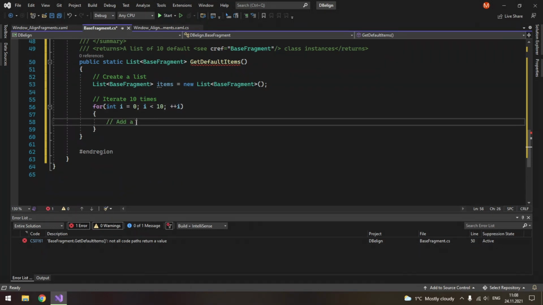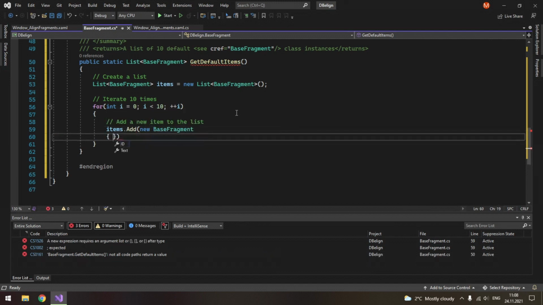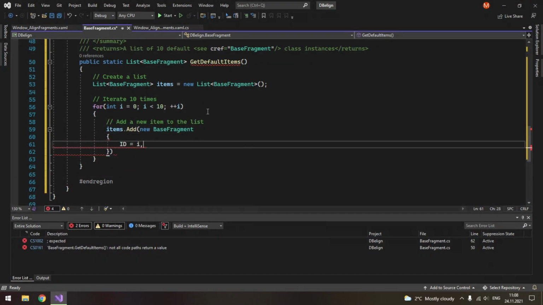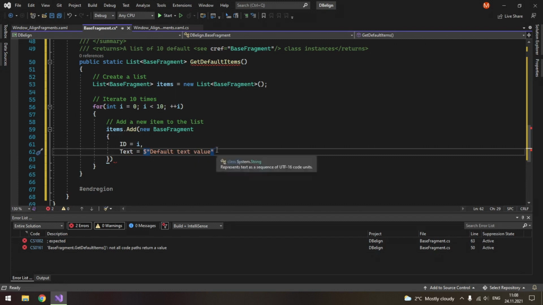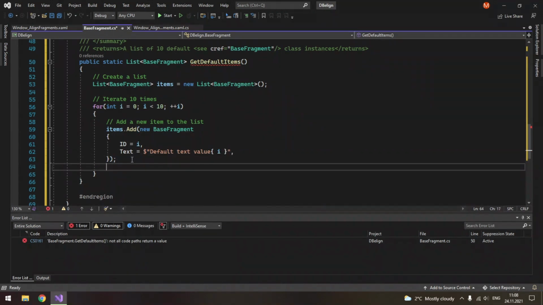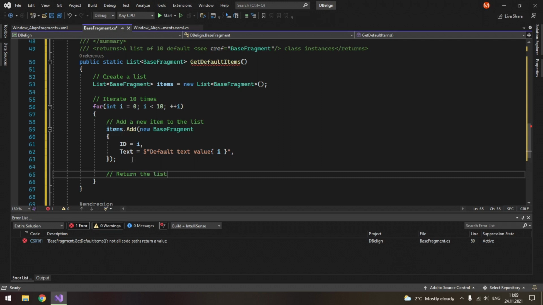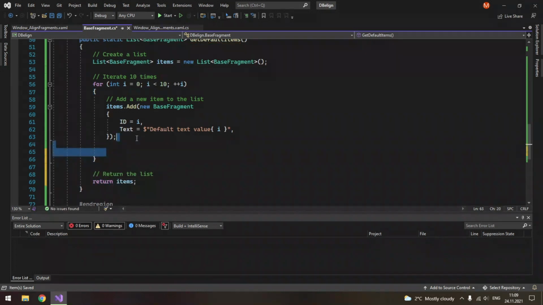First we will add a new item to the list: items.Add new BaseFragment, its ID equals i, its text equals default text value plus i. And a semicolon here. And then we will return the list. So return items. Oh, actually we need to put it outside the for loop, like this.